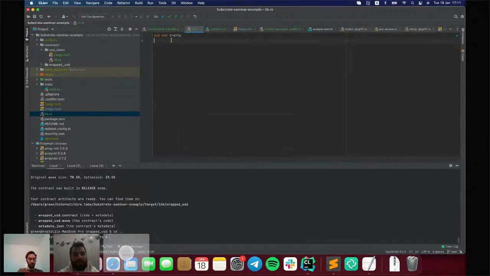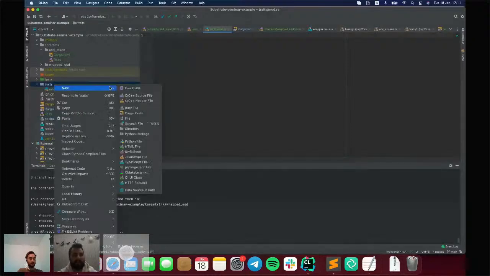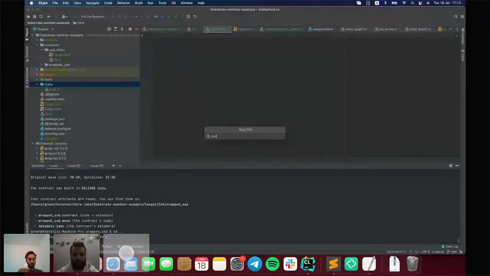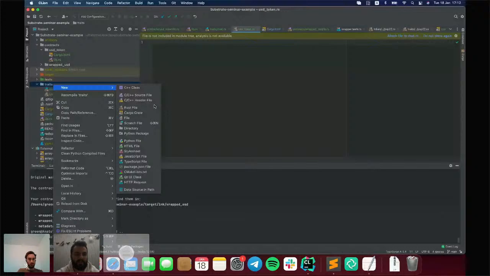We will import the traits folder. The traits folder contains a mod.rs file, which describes everything related to the implementation. So now let's define two additional files here. One will be for the USD token, and another trait file will be related to wrapped USD.